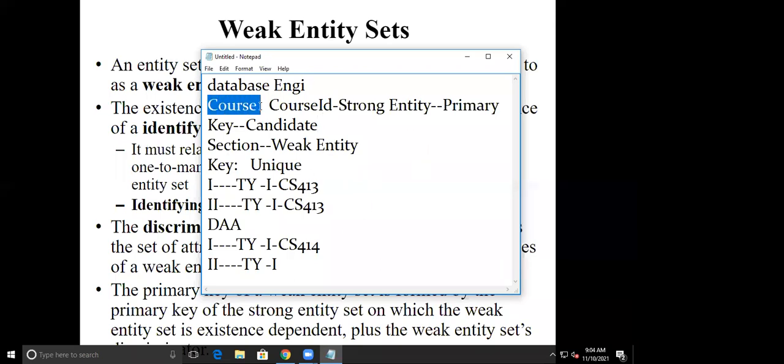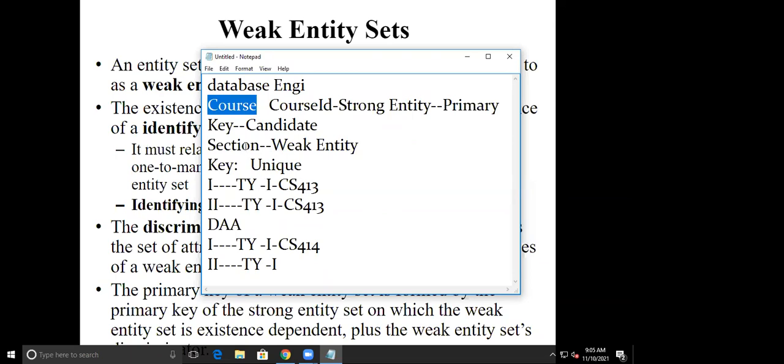So if course has sufficient attributes to form a primary key, then it will be called a strong entity. Every entity which has a sufficient set of attributes to form a key will be called a strong entity. And the entity which doesn't have its own attributes sufficient to form a key will be called a weak entity. So here I can say that section is completely dependent on the course entity for its